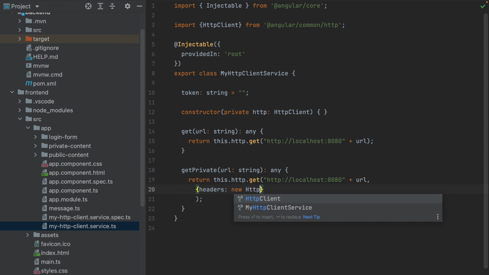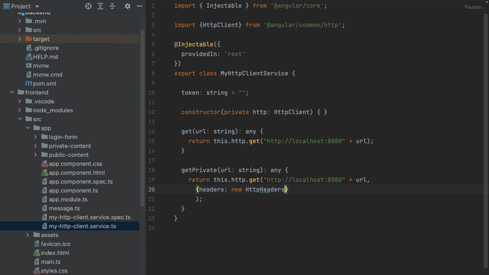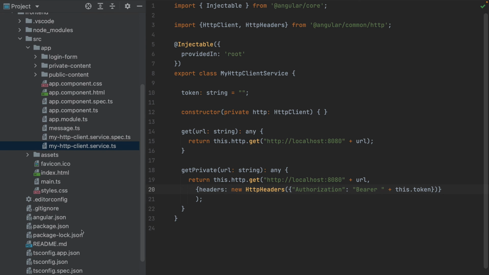New HTTP headers. Let's import this one with authorization bearer plus the token. Let's add in the module the HTTP client,